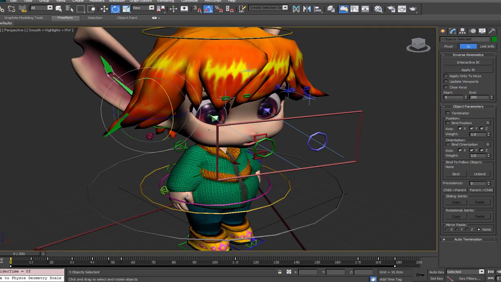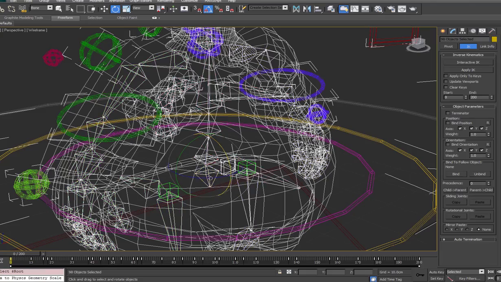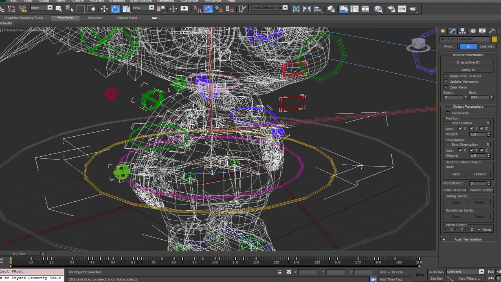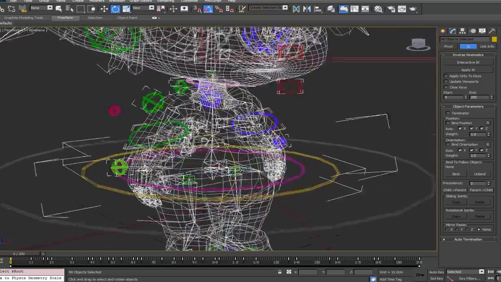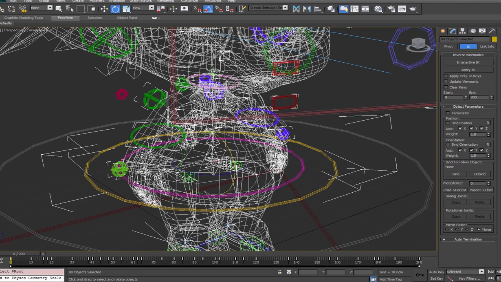So I'm going to hit F3 here, and we'll go to bone only and double click on the root bone. Must be the root bone. Another tip I should add is if you ever decide you want to make modifications to the root bone or add to the root bone, just keep in mind that when you make a character, make sure that where you put that root bone and the configuration of the root bone on the first few bones, make sure that that's the way you're going to keep it, because if you want to change the root bone or add to the root bone or anything like that, it can get really tricky and it can mess things up.